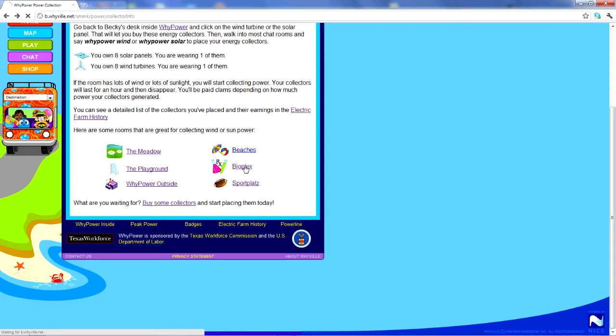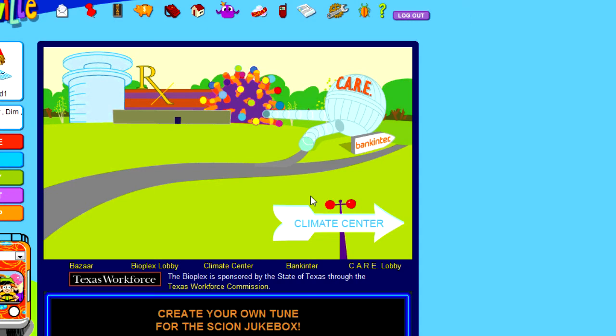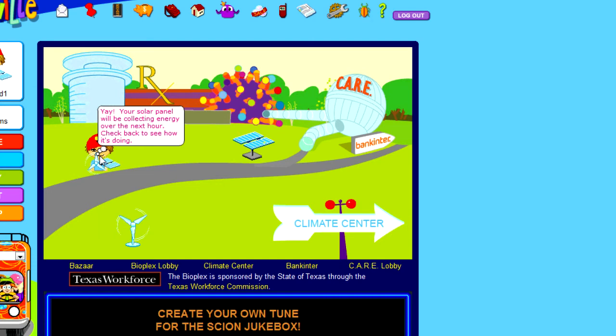Transport to the room of your choice and place your collectors. To place a wind turbine, type WhyPower Wind. To place a solar panel, type WhyPower Solar. You can only place one of each type of collector in any room per student. If a room becomes too crowded, you can teleport to another room. Notice that some rooms have a drop-down list found just below the game screen where you can select a different